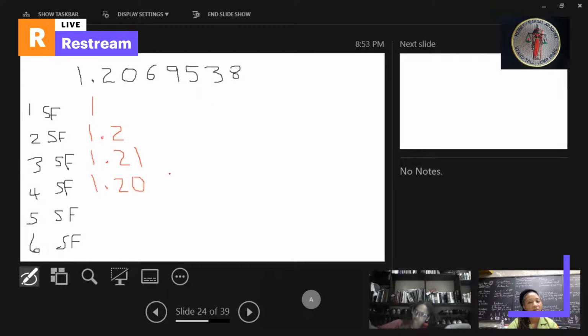Now for the fourth significant figure, we'll put back the 1, decimal point, 2, 0, and now move on to the 6. So we're going to look over and see if the number is greater than 5 or less than 5. The number is greater than 5, so we'll add 1 to the 6, and that's 7. Now for the fifth significant figure, we'll put back the 1, the decimal point, 2, 0, 6,